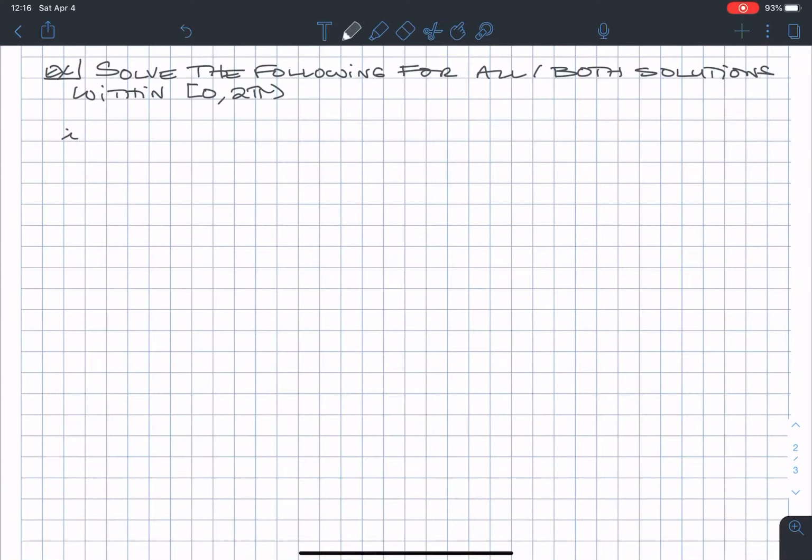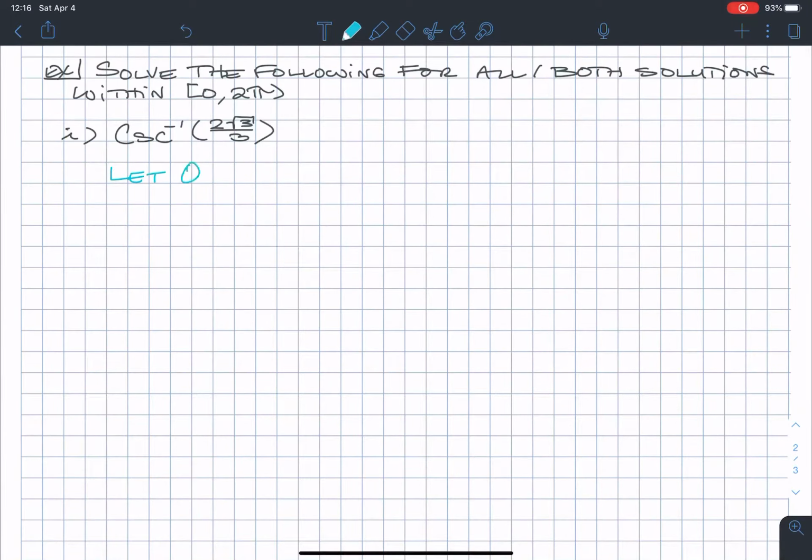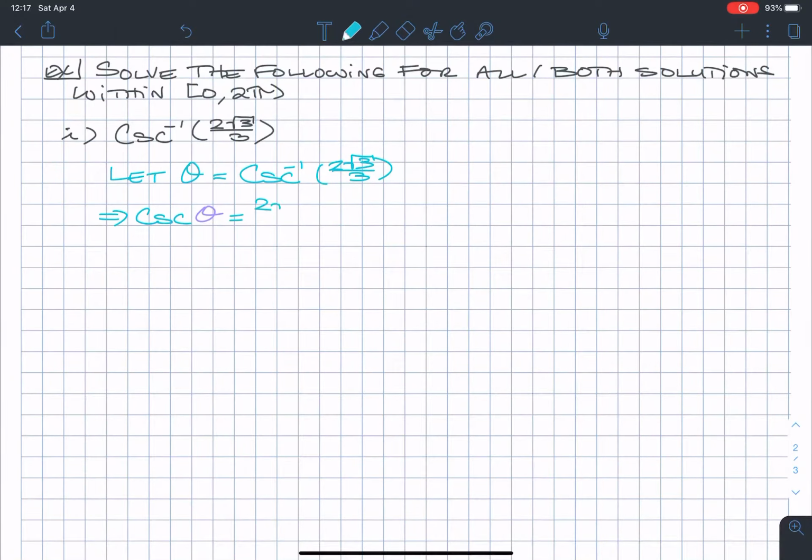Okay, so number 1. Let's say we have cosecant inverse of 2 root 3 over 3. So once again, the first thing I want to do is always let theta, my angle, be the inverse trigonometric function, cosecant inverse of 2 root 3 over 3, because I can then rewrite this as a normal trig function, cosecant of theta. Actually, let me write theta in purple. Is equal to the argument 2 root 3 over 3. Well, do you agree that I can write this as